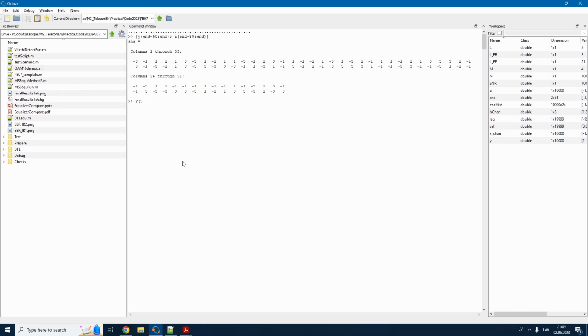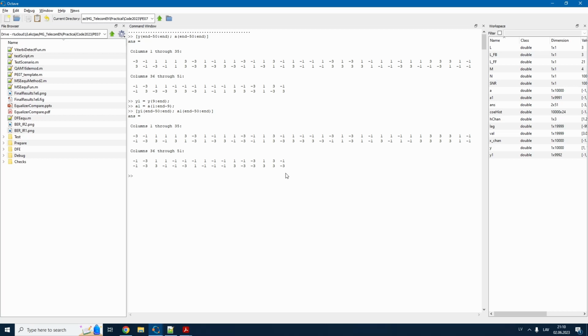So I'm going to simply use 9 until the end. That would be my Y1, and also A1 is going to be A from 1 to end -9, like this. So now if I try to put them nearby, one under another,